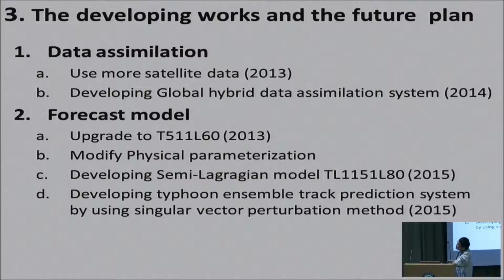Next I am going to talk about the development work and the future plan. For data assimilation, we are going to use more satellite data. I will show you next. And second, we are developing the global hybrid data assimilation. Hopefully we can make it operational in 2014, next year. For the forecast model, we are going to upgrade our model to